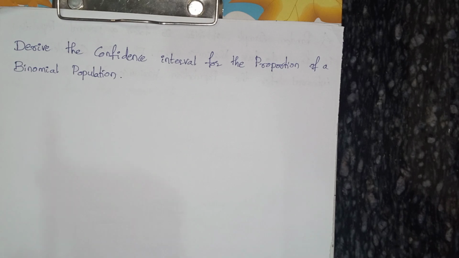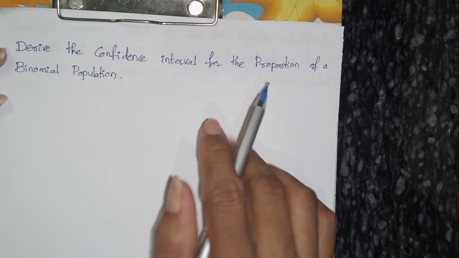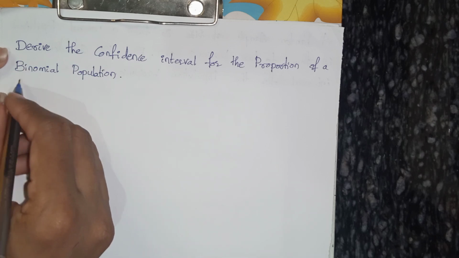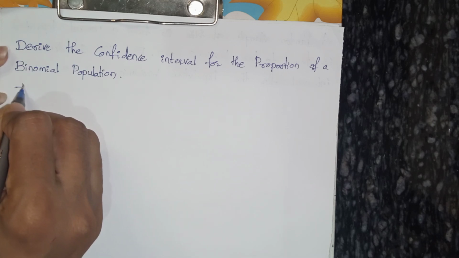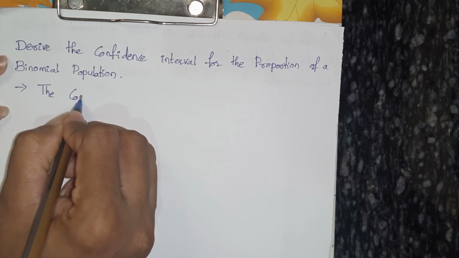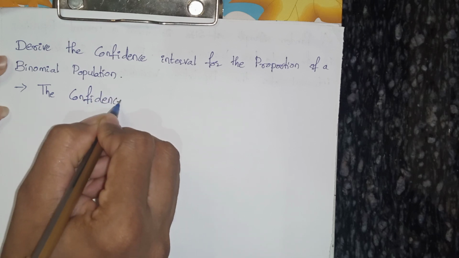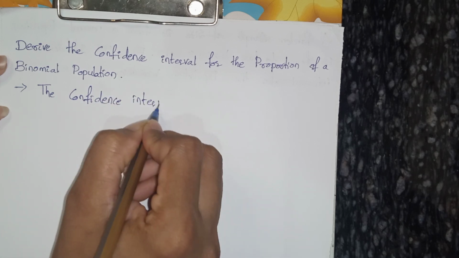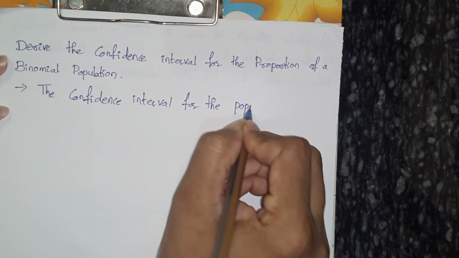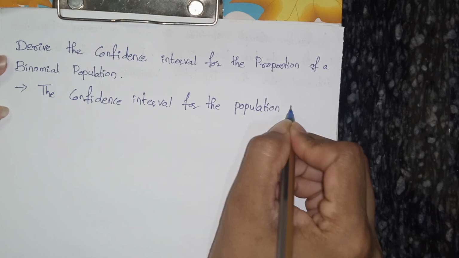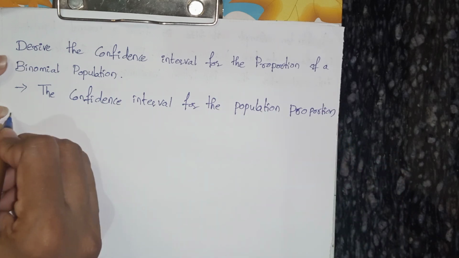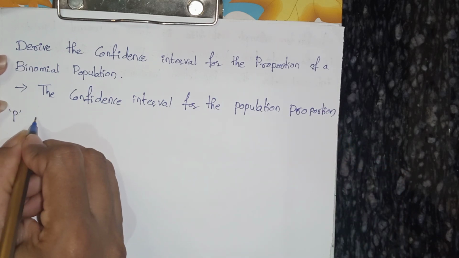Let's see. Derive the confidence interval for the proportion of a binomial population. First, we have to write the confidence interval for the population proportion. P, proportion is denoted with P, is given by